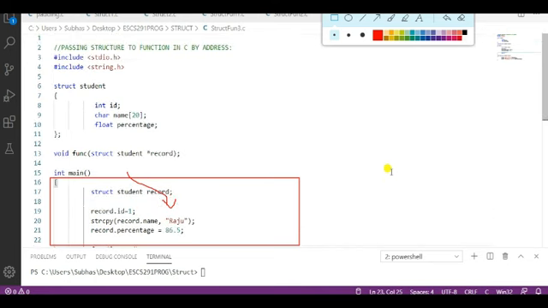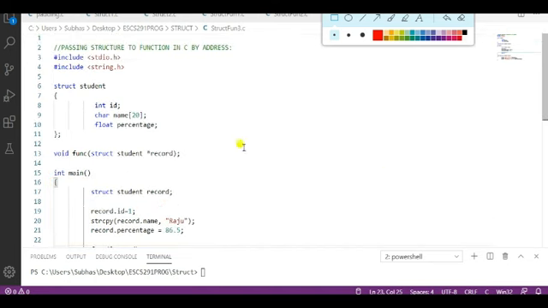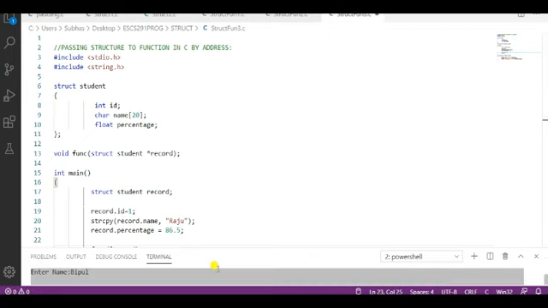So let me execute this code. This is my terminal.